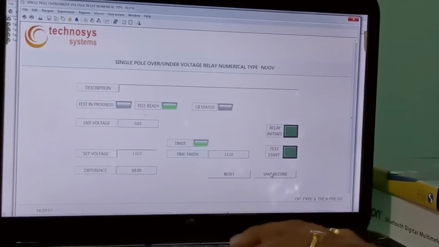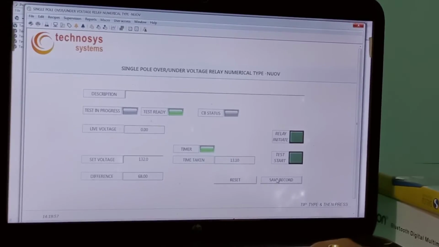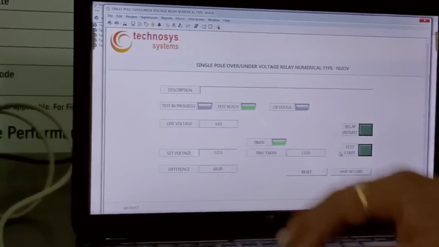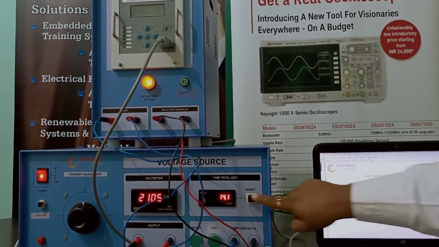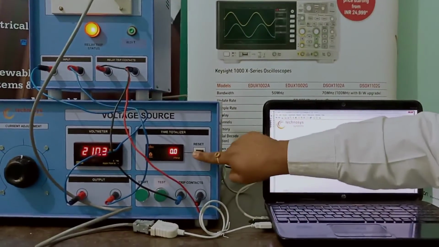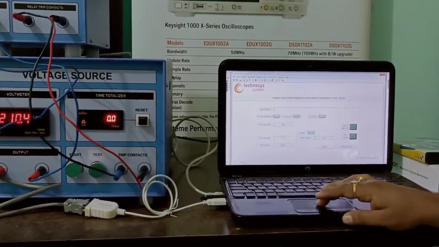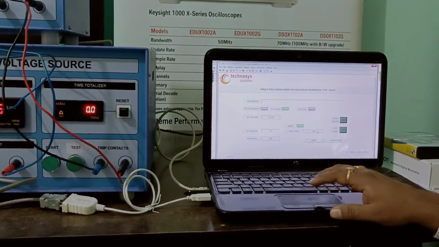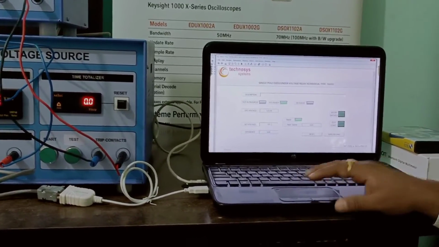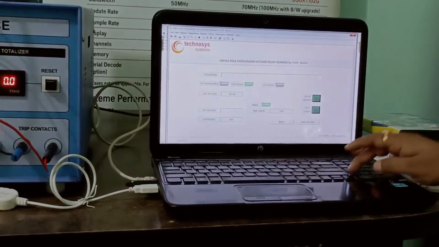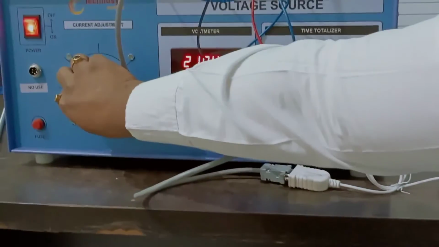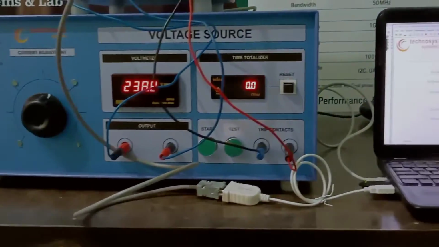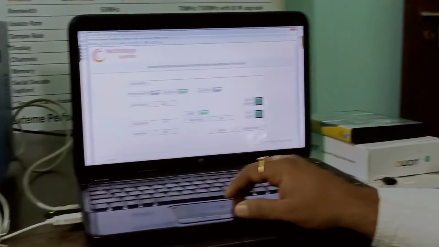Again for this condition, save record. Reset everything, reset relay, reset timer. On the GUI, reset this voltage again to 132 volts, press enter and increase some voltage over here and test start.